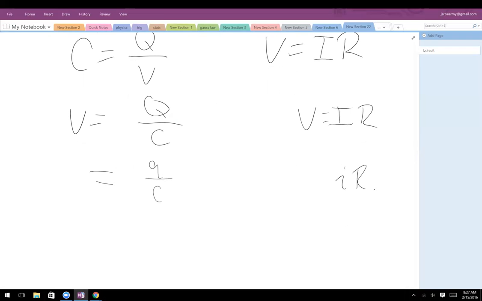We got charge and current. How are they related to each other? Well, what was current to begin with? It's how fast charge is moving, right? So I'm going to say something that's going to make sense to Colby. So that means that what current really is dq dt,